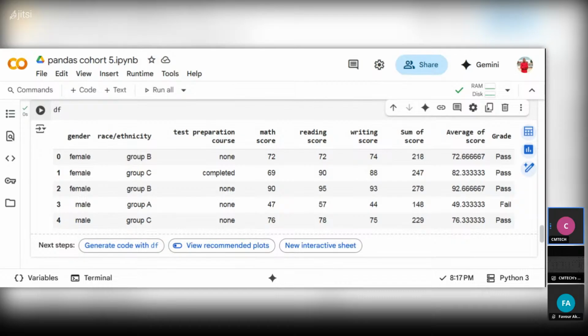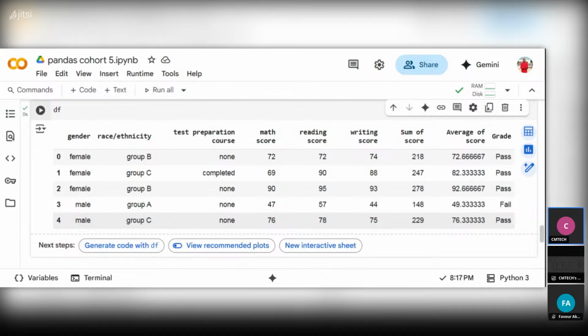So now let's see what we want to visualize using Python. Let's see what we are going to do using the group by. Now we want to group the ethnicity race by